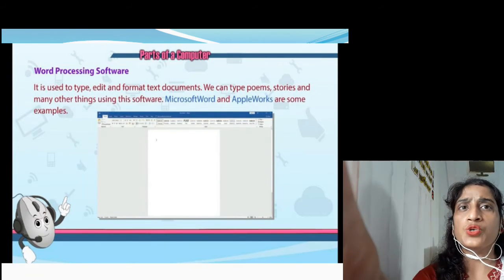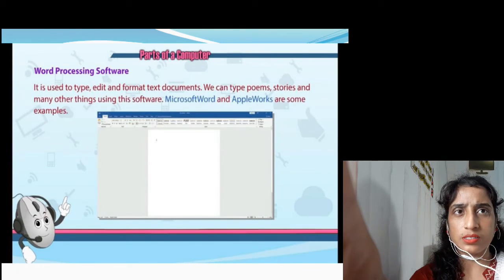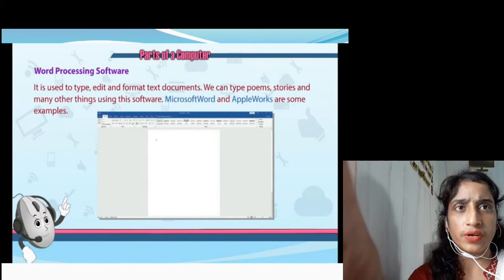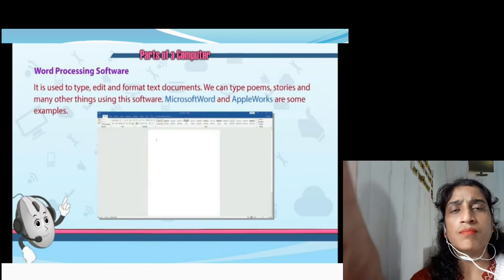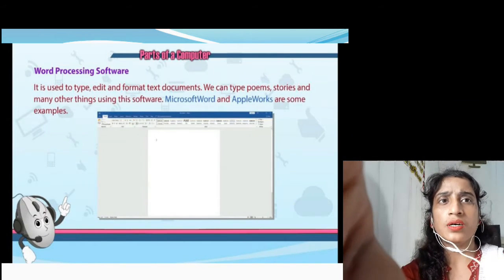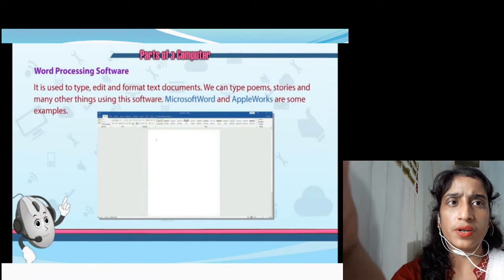It is used to type, edit and format text documents. We can type poems, stories and many other things using this software. Microsoft Word and Apple Works are some examples of this. So have you seen this window? This is word processing software.